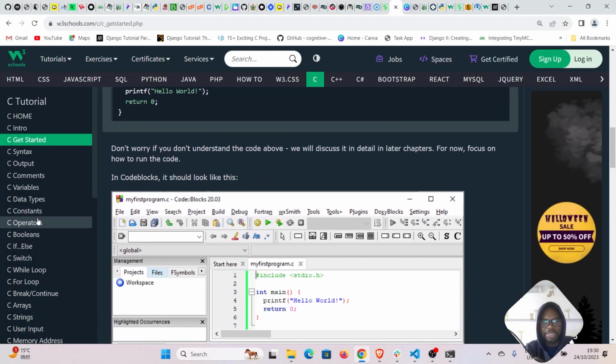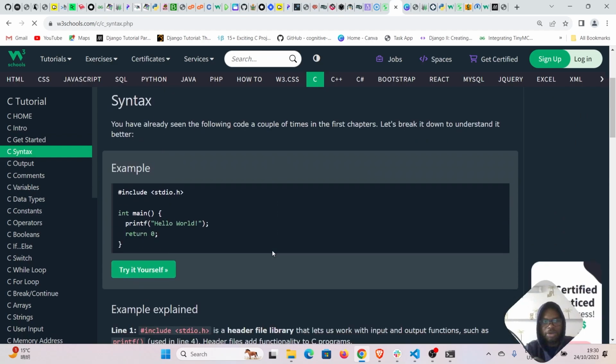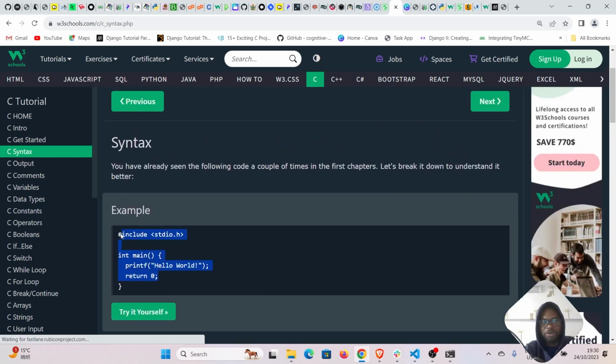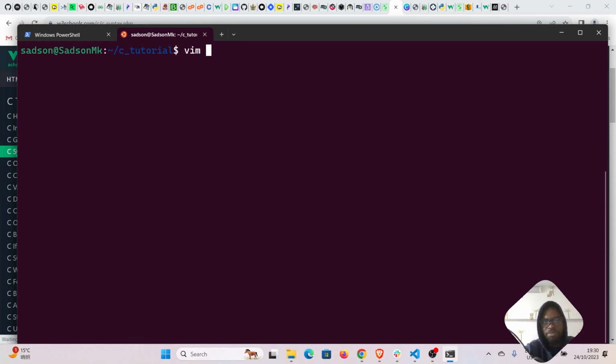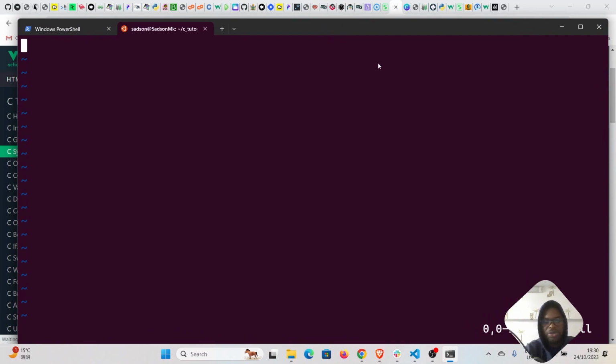This one is a guideline, and so let's look at the syntax part here. All right, so we're going to write this program here. I can use VI or Vim, it's the same. Our program, prog. You can name this whatever you want. .c. Obviously, you need to put that .c extension because we're writing a C program. So once I do that, you can see now I am inside Vim, which is a text editor. Right, so I can press I on my keyboard to insert text,